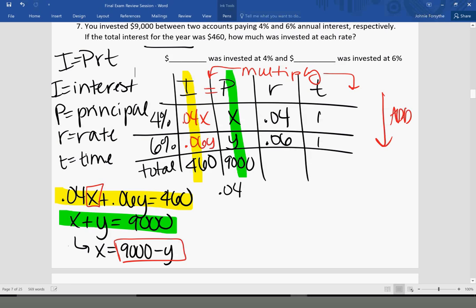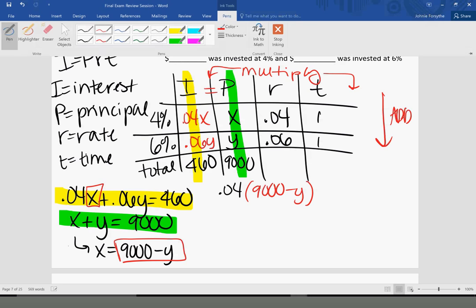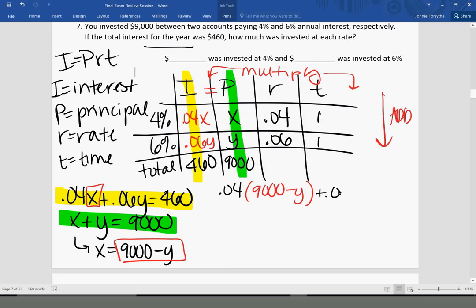So I'm going to have 0.04 times (9,000 minus y) plus 0.06y equals 460. So I'm going to distribute that 0.04. Use your calculator. 0.04 times 9,000 is 360. 0.04 times negative y is negative 0.04y. Then bring down that